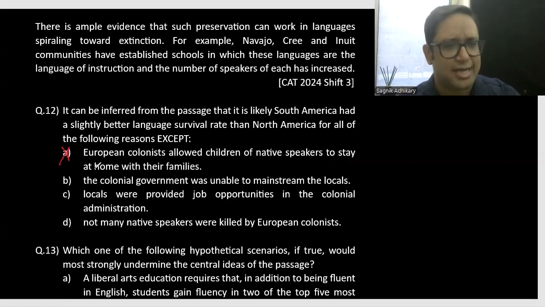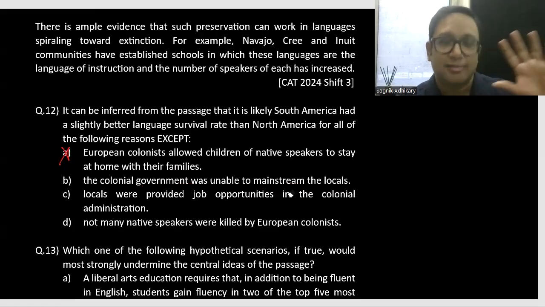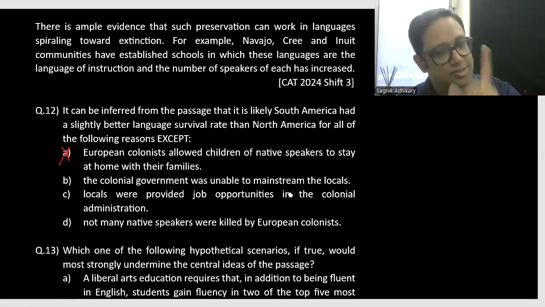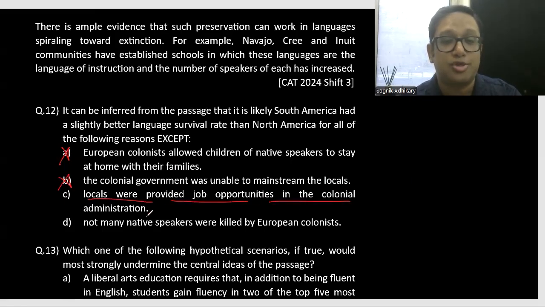We're looking for something which is not a likely reason. B says the colonial government was unable to mainstream the locals. Yes, once again, they were unable to mainstream the locals, which means the practice of speaking the language did not die out. The culture was not killed by appropriation by the dominant culture, still relevant to the first paragraph, where the colonizers did not mainstream the locals. So this is also a likely reason, not the answer. C: locals were provided job opportunities in the colonial administration. Now, this would definitely cause